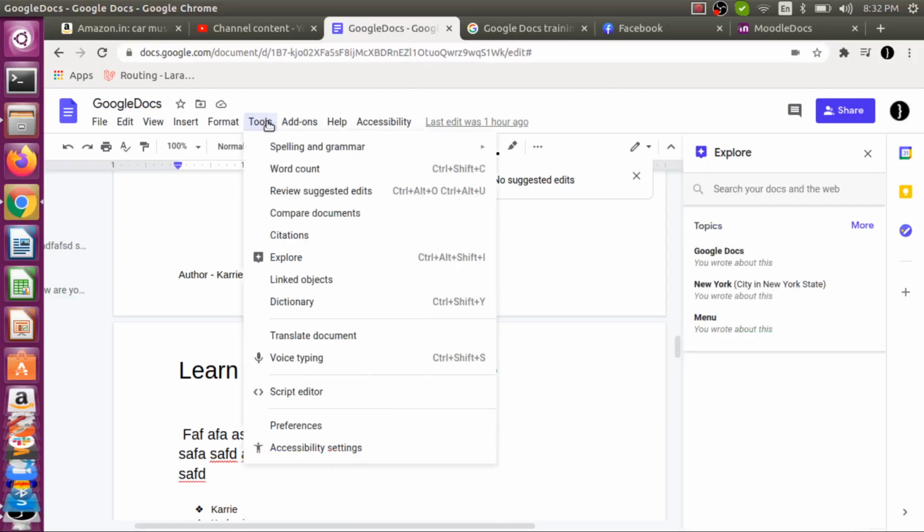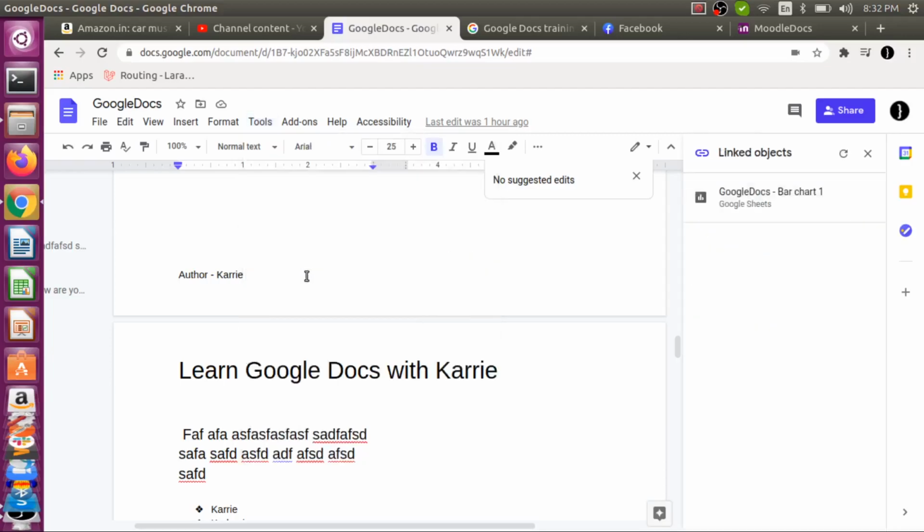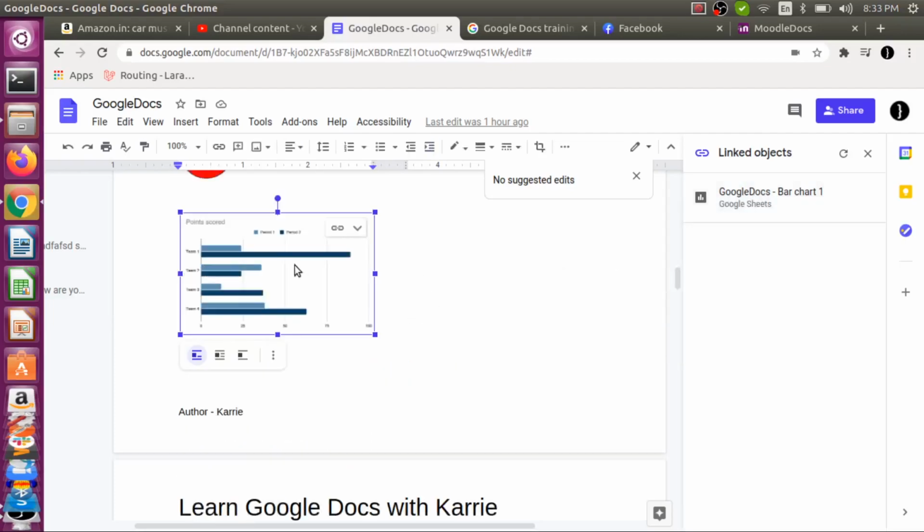And next option, if I talk about linked object. So what is linked object? If I click on that, whatever objects or files are linked with my Google Docs will appear here. Right now I have added a bar chart, and if I click that, you can see here I have a chart added. Why is it a linked object?